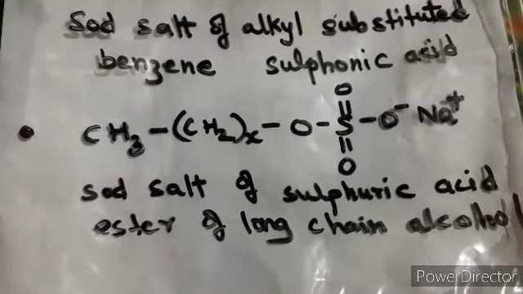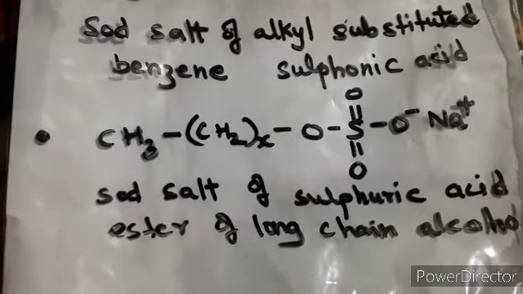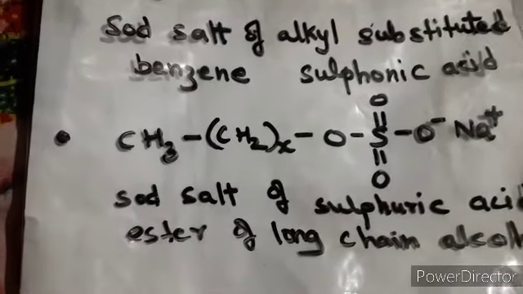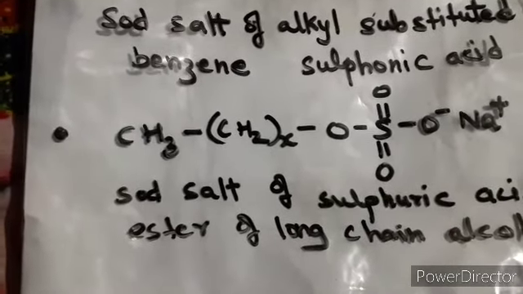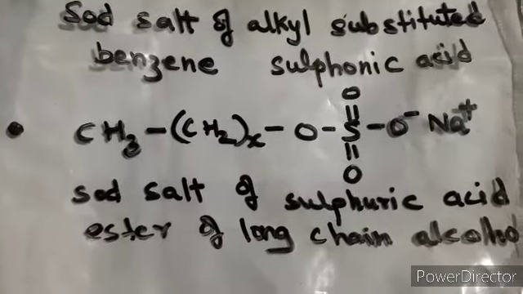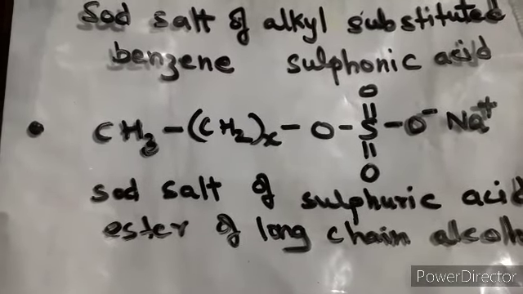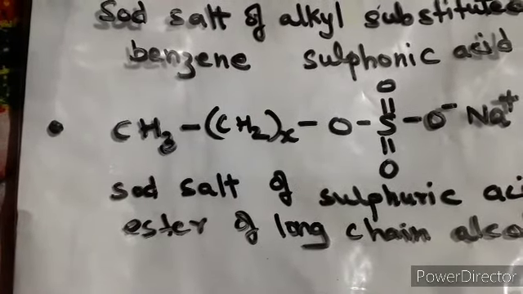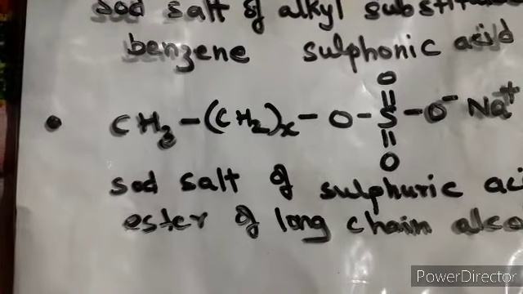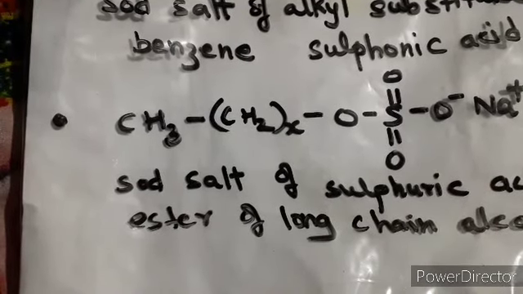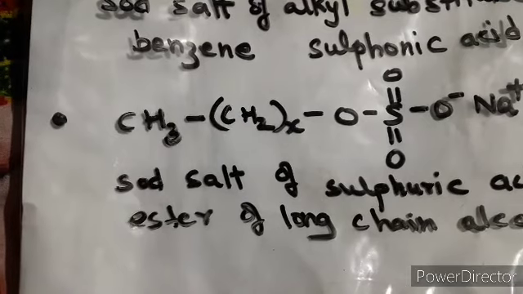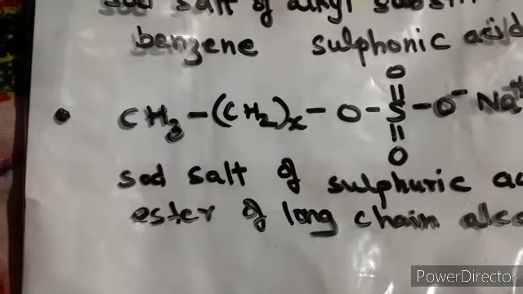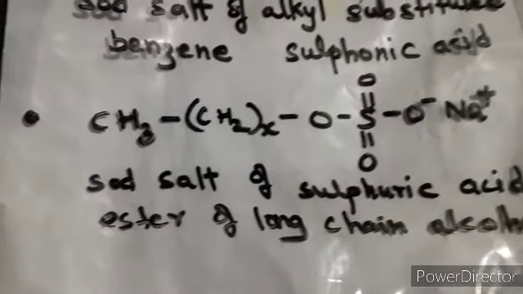Now we will see that these synthetic detergents are very useful in comparison to soaps. They have very good value. If you compare with soap, detergents can work in hard water also. Their cleansing action is not at all affected by the presence of calcium or magnesium ions that are present in hard water. Ordinary soaps react with these and form insoluble salts, which form a curdy precipitate and block the cleaning ability of the soap.